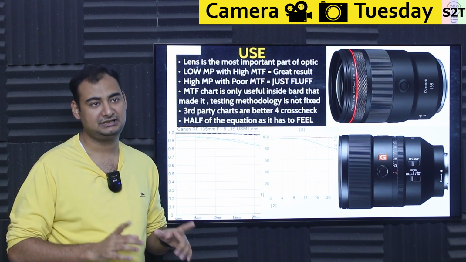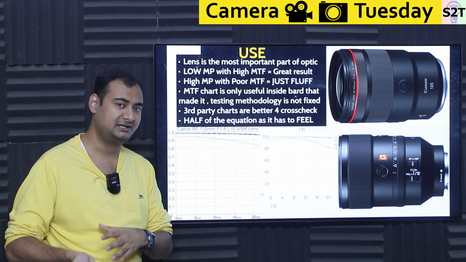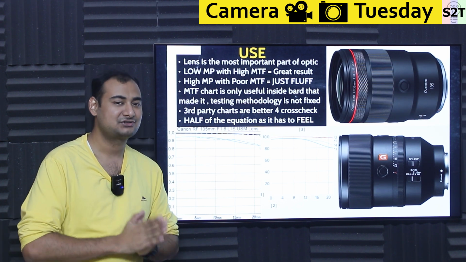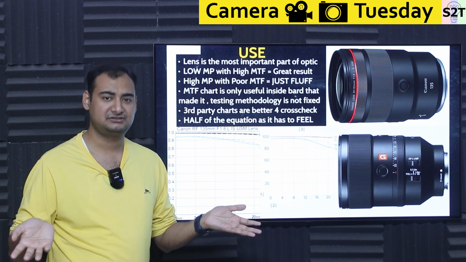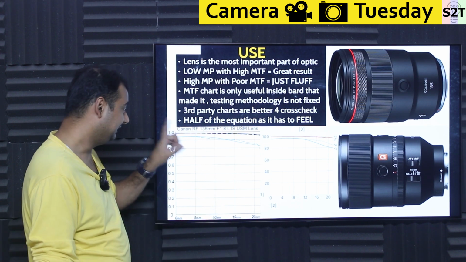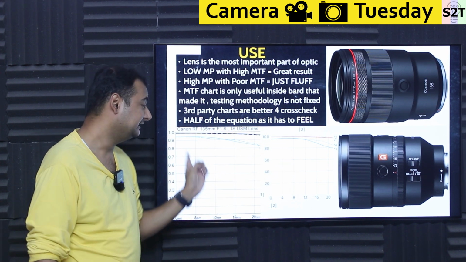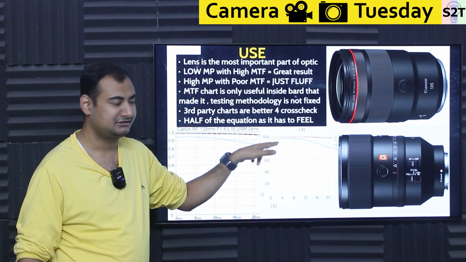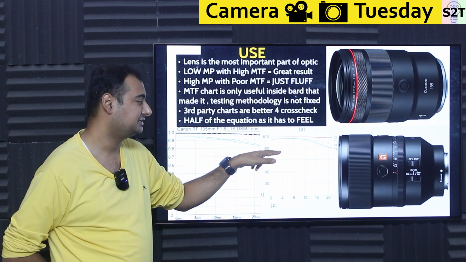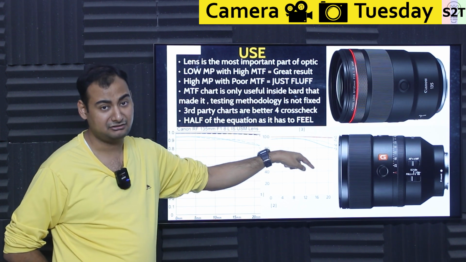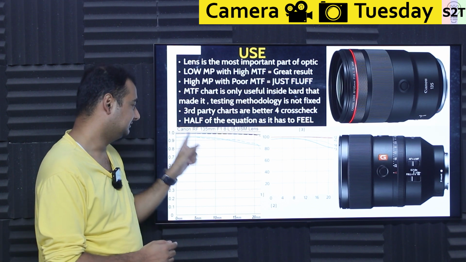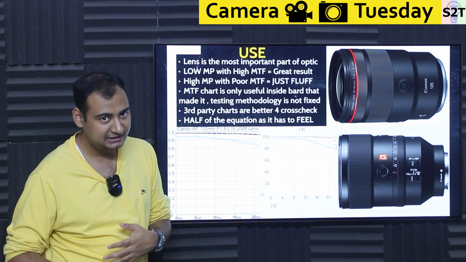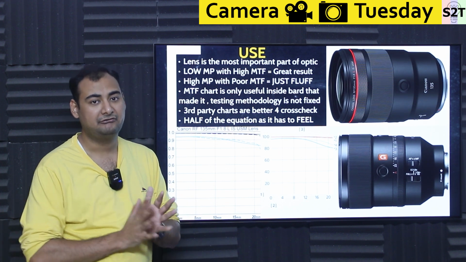And unfortunately, there is no international standard like how we have CPA rating for batteries. We do not have any international standard for MTF charts. So unfortunately, companies have diverged to a point where they are not cross compatible, meaning if you look at a Canon chart and a Sony chart, they are not cross compatible. Even though both of them will say the flatter line would be the 10 lines per pair, and the line that is curvy generally would be 30. Same here, Canon also. But other than that, how they are actually conducting it, what tools they are using, what projection method they are using, those things are fluffy.